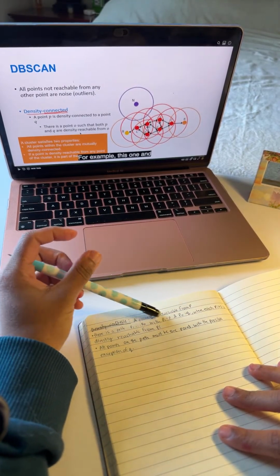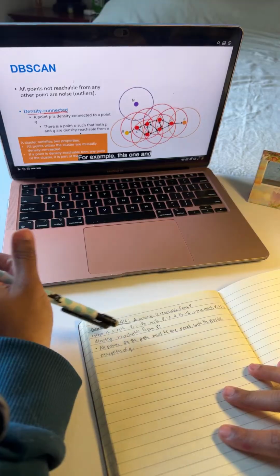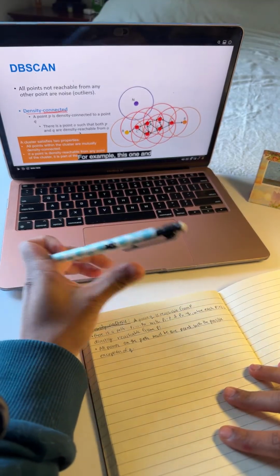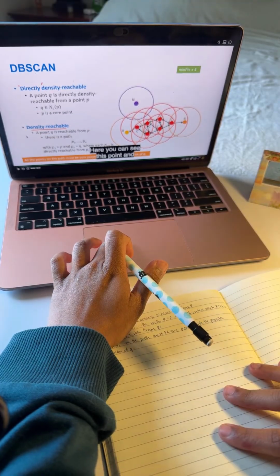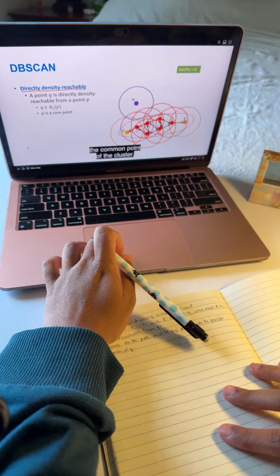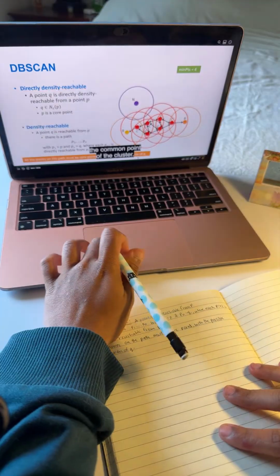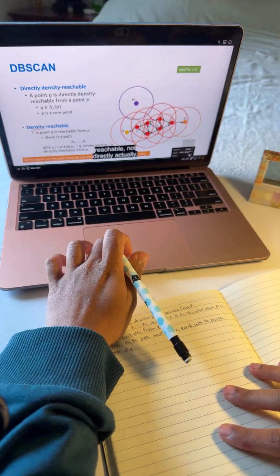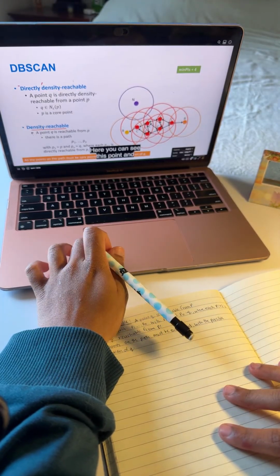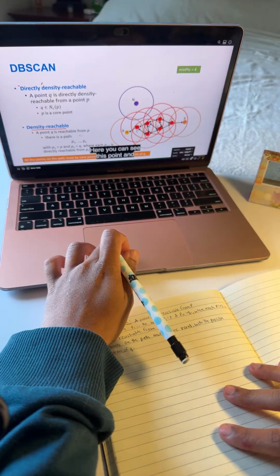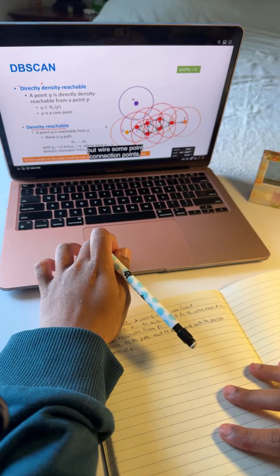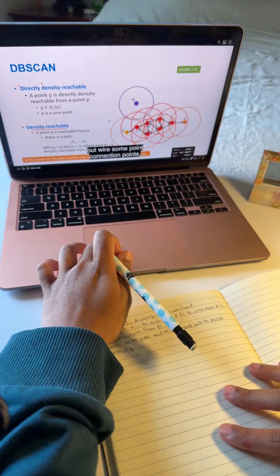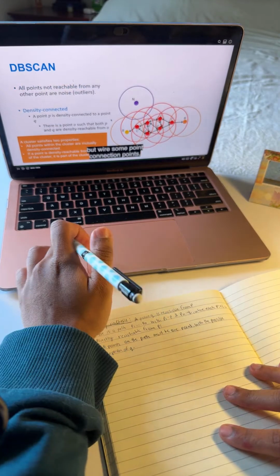There's a path with that where each is directly reachable. Okay. What did I even write, bro? the common core point of the cluster. Also, we have a density reachable, but not directly. Actually, for here you can see that this point and this point, right? For this one, although this not directly connect to this one, but it is via some core point. The third